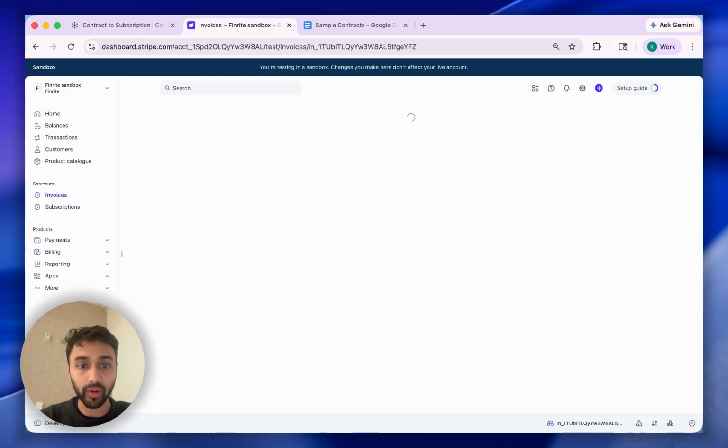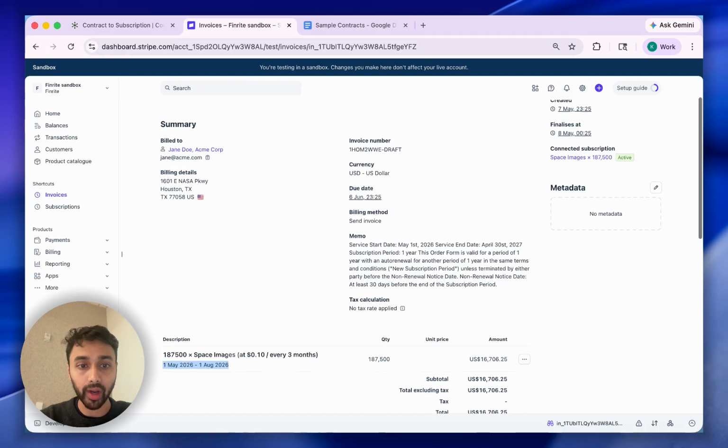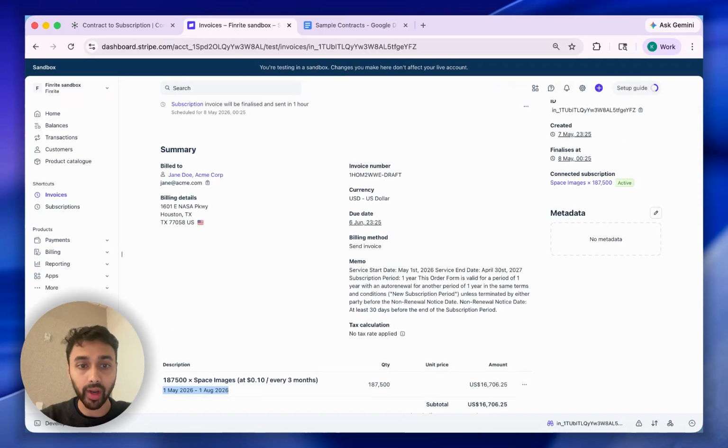Click into that just to make sure that that is the case. And we'll see over here that we do in fact have the correct billing period. So all of these details are actually quite nuanced and tricky to set up, and this is just a subset of the things we handle.